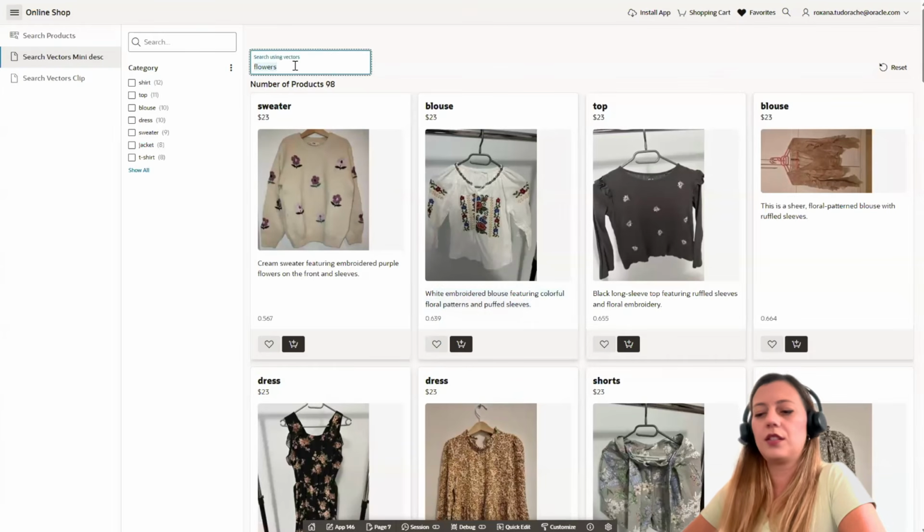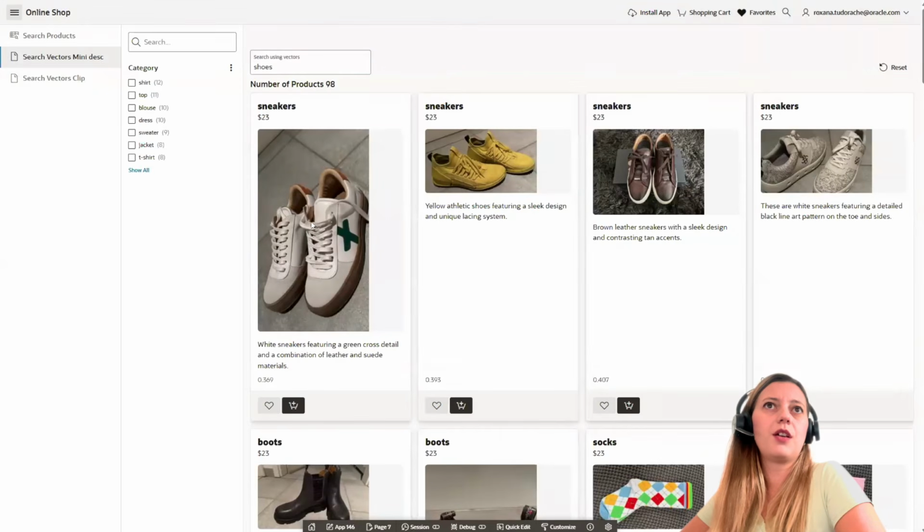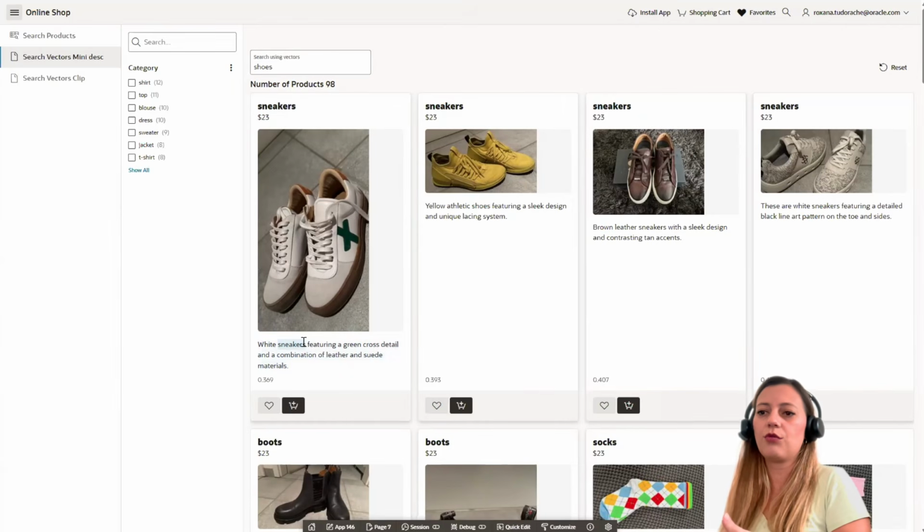So if I search here for shoes, for example, I will get all the shoes that we have in the database. We don't have that many, but you see here in the description there is no word shoes. We have sneakers, but the similarity search worked very well and identified these as shoes.